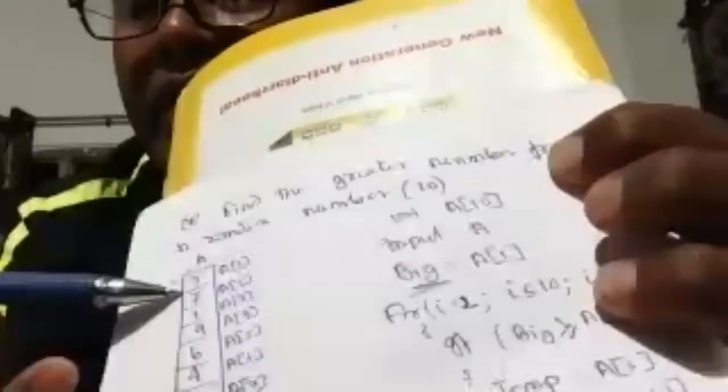So A1 is out. Now big will be compared with the second value, the second address, that is A2. That's why I'm putting I equal to 2. Then 3, then 4, means I'm comparing the rest of the values. The first one is out and assigned to big. Then I can go for the second one, the third one, fourth, fifth, sixth. To go for this, I record a for loop and I assign I equal to 2.